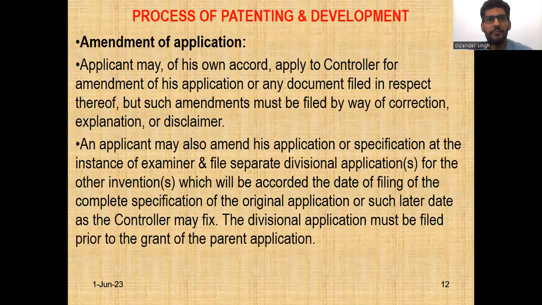What about the amendment of application? Applicant may, of his own accord, apply to the controller for amendment of his application or any document filed in respect thereof, but such amendments must be filed by way of correction, explanation, or disclaimer. An applicant may also amend his application or specification at the instance of the examiner and file